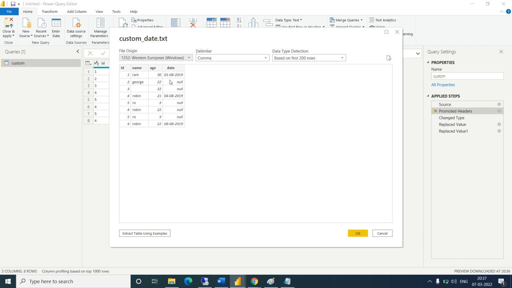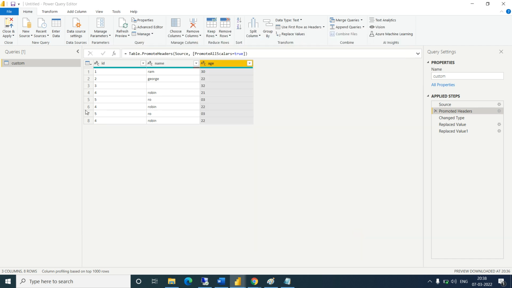I want to replace these nulls with a particular date. The first date I want to replace with the next ones. Are you getting what I am saying? Like the first date is 1st August 2019, and it will replace the nulls, so every time 1st August 2019, 1st August 2019 will come. Then a new date comes, 4th August 2019. So the next 3 nulls will be replaced with 4th August 2019, 4th August 2019 and 4th August 2019. Understood? This kind of thing I want to do.